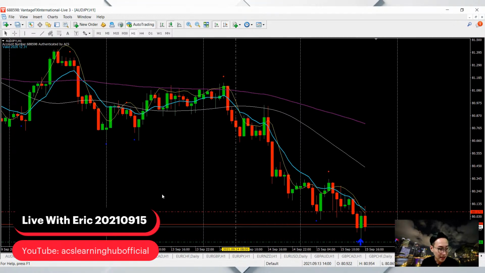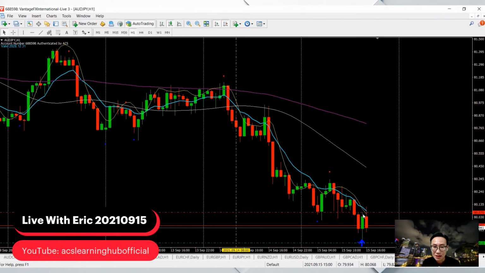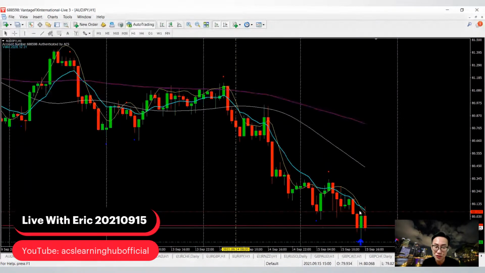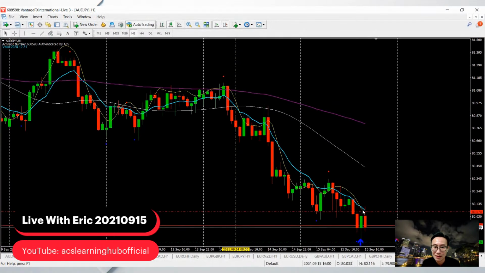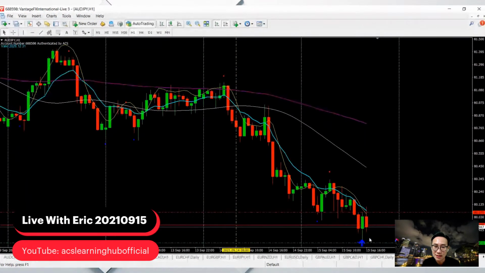Okay, price moves up and down because of demand and supply. If demand is greater, the price goes up and vice versa. Yes, it is true, correct? Okay, so when this part here moves up, but when it hits here, like I said, the buyers all neutralize their trade. When they neutralize that, selling comes in, more selling power, because there are sellers who miss